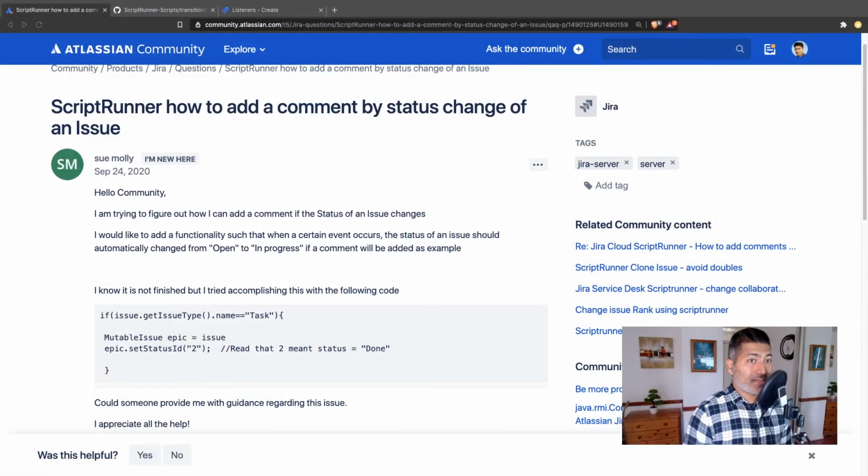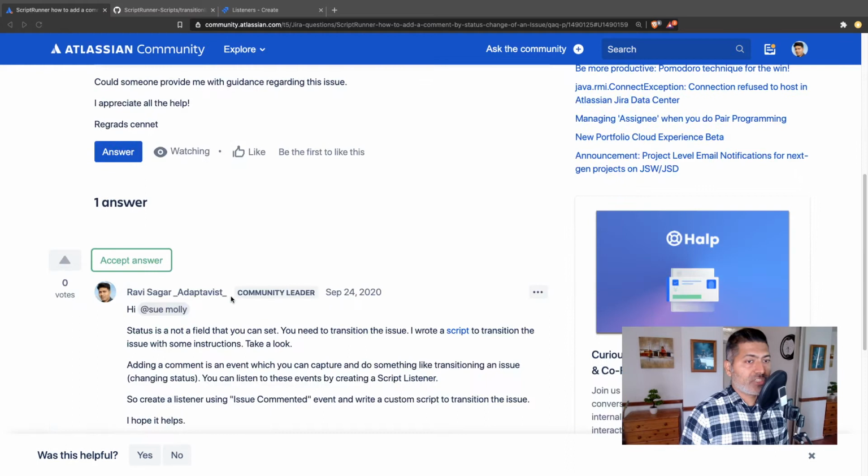There was a question on the community today about setting a status of an issue based on a comment. Now, this user, Sue Molly, is trying to set the status, and the question is all about how can we change the status based on a comment. Now, this can be achieved by